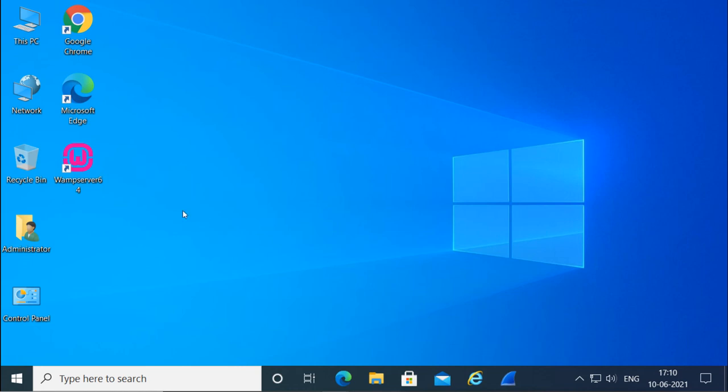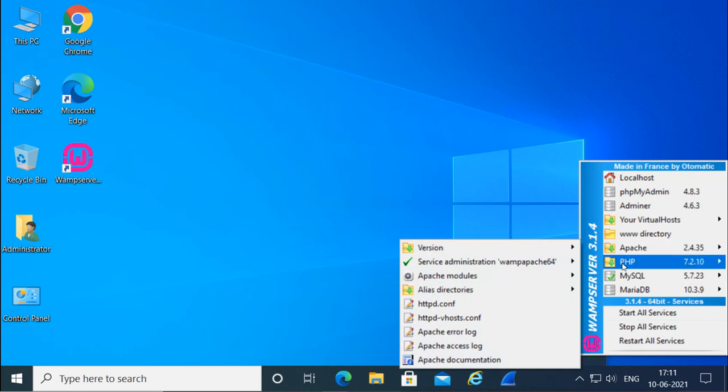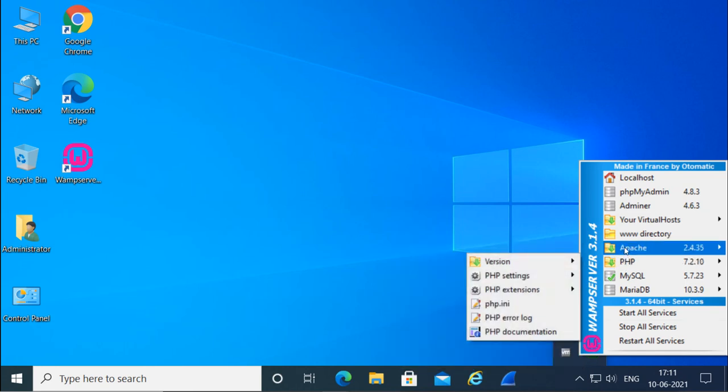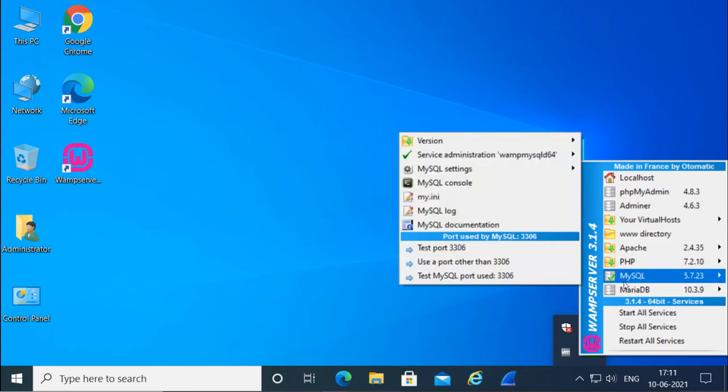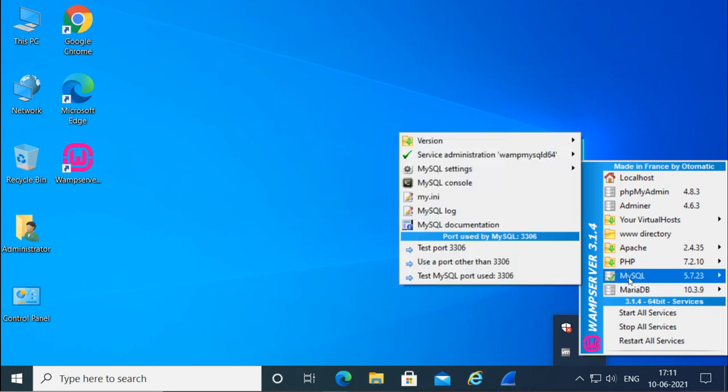It gives us MySQL, the Apache server, and all those features in Windows. So it is giving me the Apache web server, PHP support for Apache, and two database services here: one is MySQL and the other is MariaDB. MariaDB and MySQL are both database services for small databases. Right now MySQL is selected, so I'll show you this.